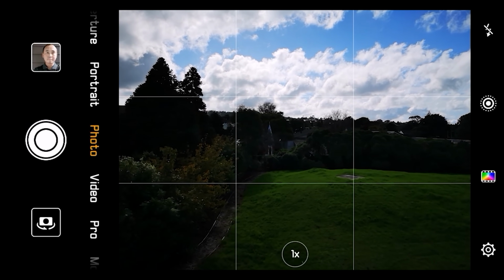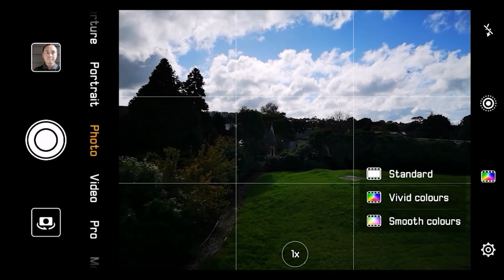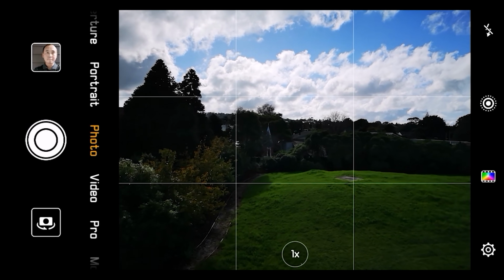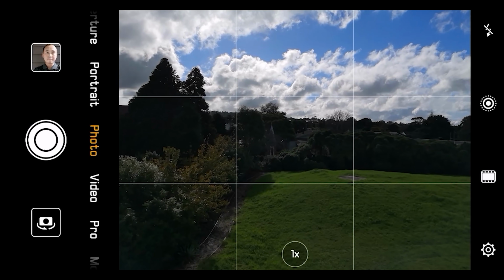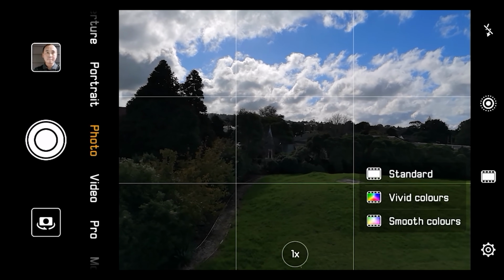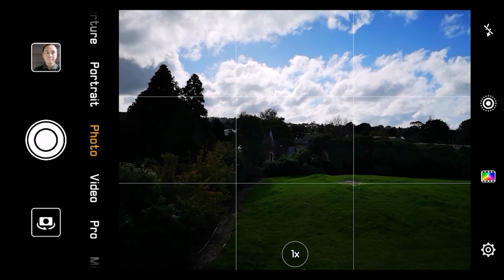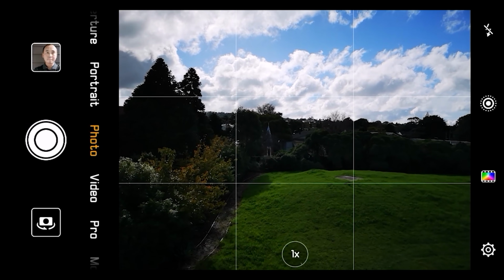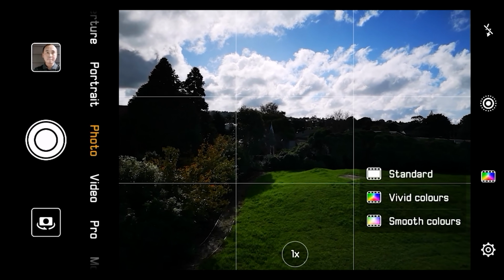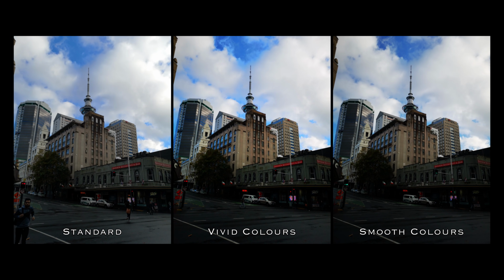And then the next one is quite important, especially if you are just shooting JPEG. Basically, this is the color profile or the color setting for the photos. The top one is standard, so that's a more normal setting that is suitable for most people. And then you have the vivid, which means higher saturation, higher contrast. So if you are taking maybe a landscape photo, or you just prefer to have higher contrast, then you choose that one. And then you have the smooth color, which is somewhere between the vivid mode and the standard color mode. So it's got a little bit more color saturation and contrast than standard, but not as strong as vivid.